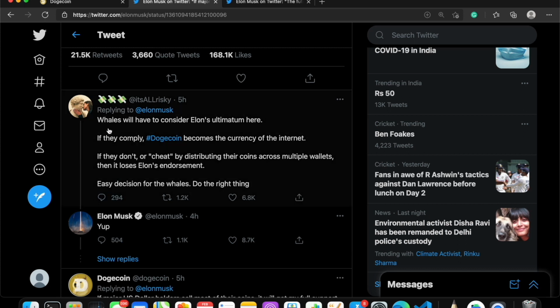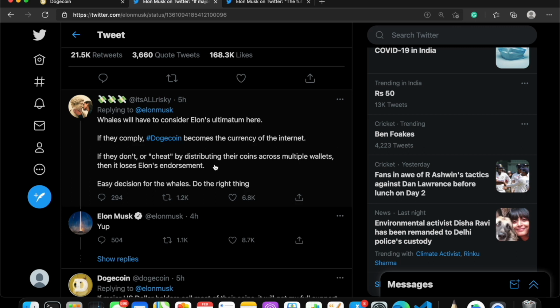So what this guy is saying is, he is comparing that big guy who is holding the 20% of coins, or somebody who has so many coins, as whales, and he's saying that Elon has declared an ultimatum. Whoever is holding it should distribute them to multiple wallets, or you will lose Elon's support for Dogecoin.